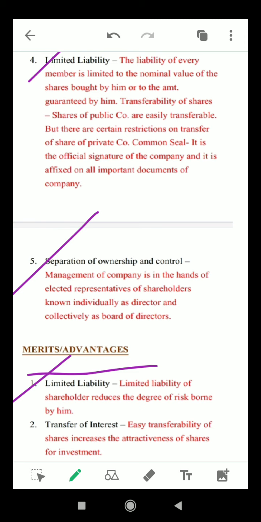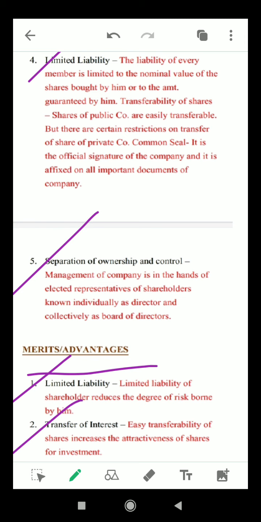See, for example, if a person has purchased a share of rupees 100, his liability is limited to rupees 100 only, and if the share is partially paid, then he can be required to pay only the unpaid value of the share. So in no case will the total payment exceed rupees 100. So limited liability encourages many persons to invest in the shares of a joint stock company, and many persons will be reluctant to invest in those enterprises where liability is unlimited.